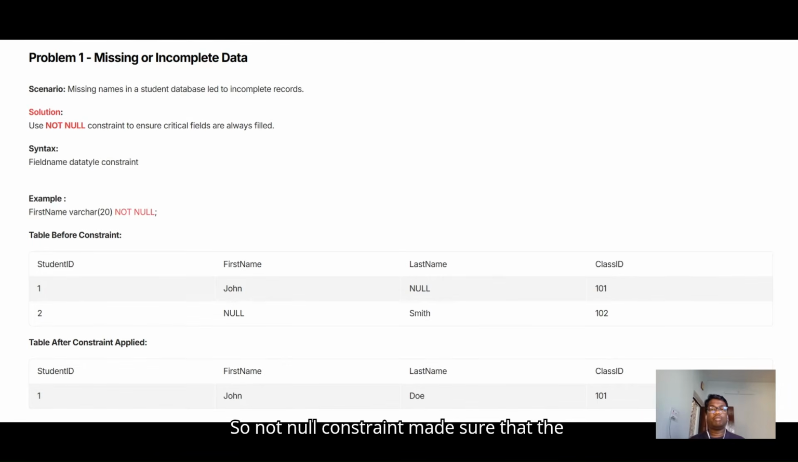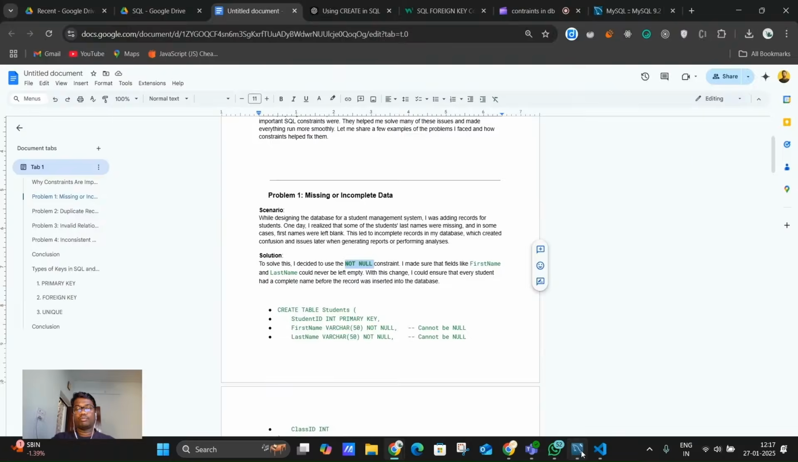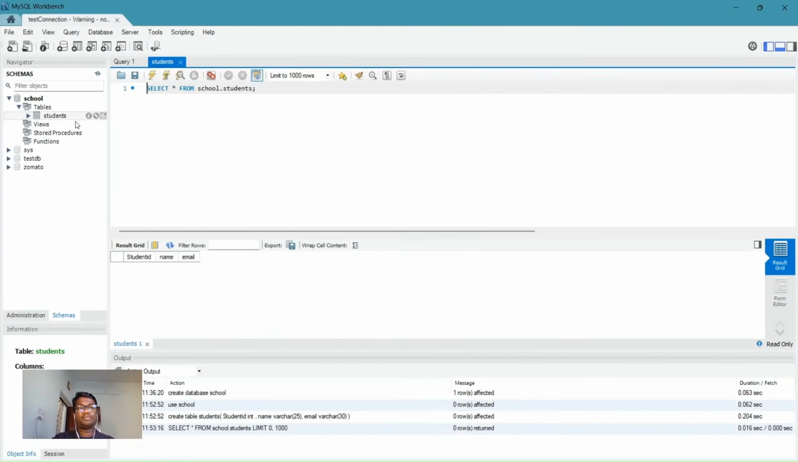The NOT NULL constraint made sure that fields like first name or last name could not be left empty. With this change, I could ensure that every student had a complete name before the record was inserted into the database. To make use of the NOT NULL constraint, we can use this keyword right next to the field name. So in the database that we have created,